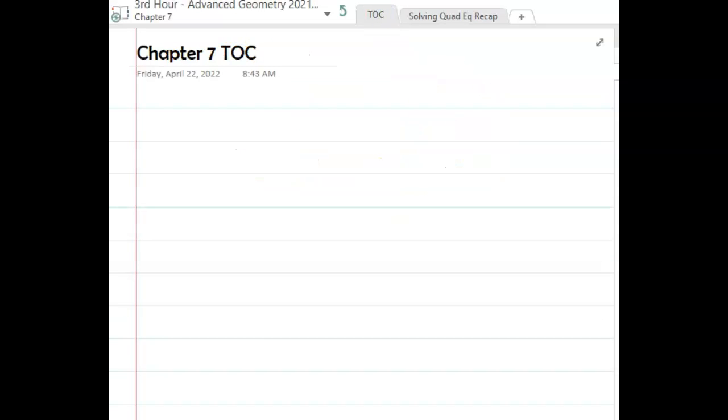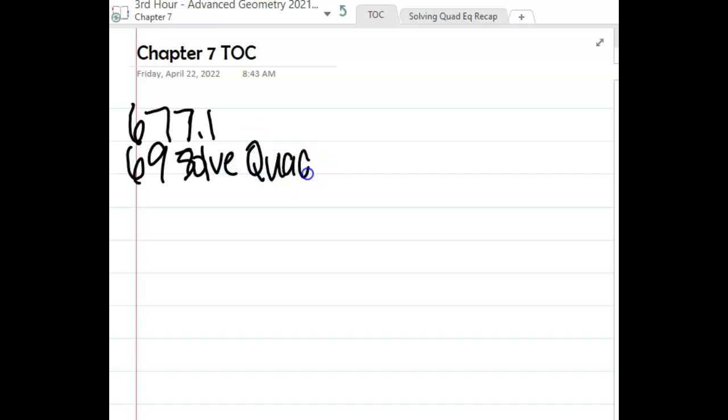Okay, let's get this glued in. It should be... Okay, so 7, 1 was 67, so this is 69. This is solving quadratic